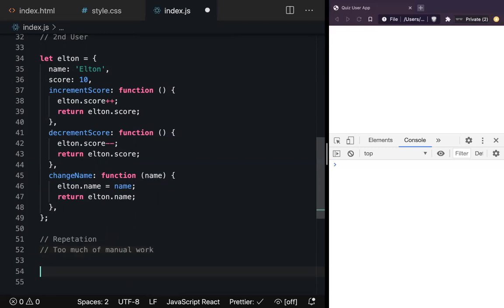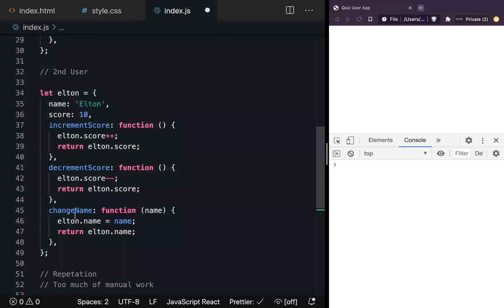So how can you fix these two problems? How do you fix repetition or manual work being done multiple times in a programming language like JavaScript? How can you fix this? Anybody who can give me any simple way of fixing it? Creating a function. Say it again. By creating a function. Awesome, Sadav.